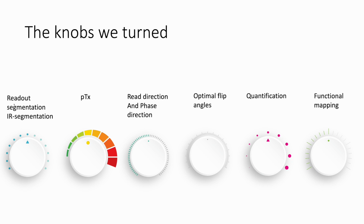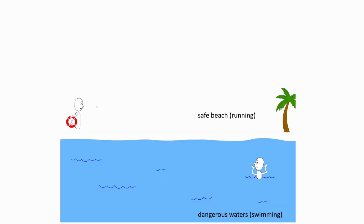So first is the segmentation. How are we going to get the best structural contrast with the right distortions that we want? And I think after the upgrade, we have access to these new reconstruction engines, the IcePad, which is much more flexible with respect to segmentation within and across planes, but also we have access to new sequence code, like the bond sequence, which in turn gives us more flexibility there. And I would like to